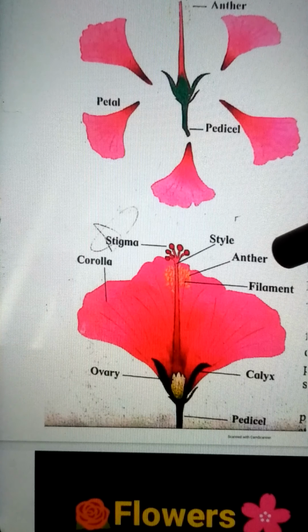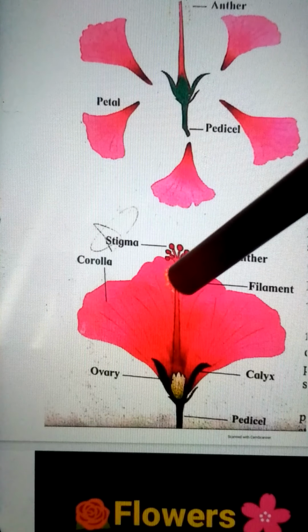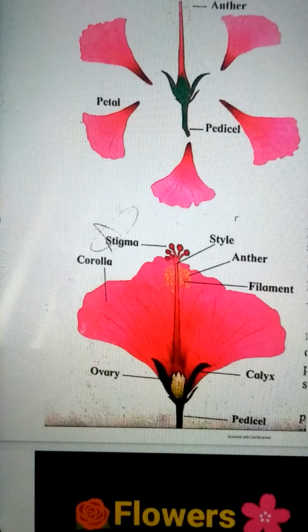Now this anther and filament together are called, anther and filament together form what? Stamens. And style, this stigma, this tube like part is what? Style. And this ovary together form what? Together they form carpel, or we can say pistil also. So now let's learn about this